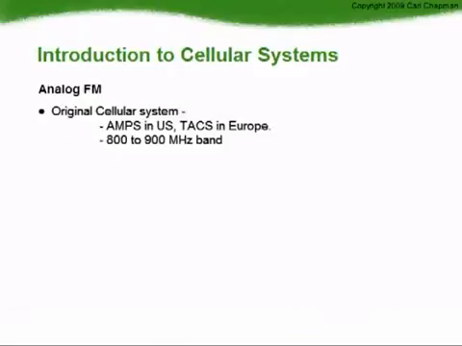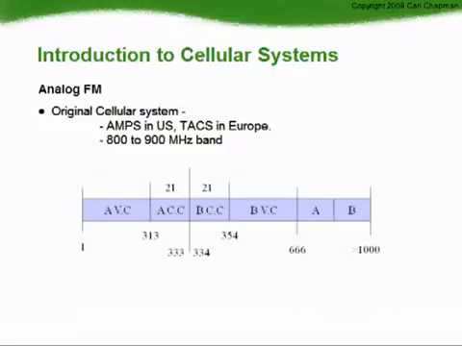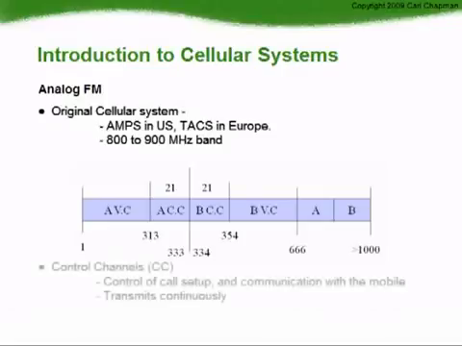All original cellular telephone systems used analog FM transmissions in the 800 to 900 MHz band. The AMPS system was split to allow for two cellular operators, A and B, and originally only had 666 channels. As it became more popular, this was expanded to 832 channels and consisted of a group of 42 analog control channels, 21 for System A and 21 for System B, and a group of 790 analog voice channels, 395 for System A and 395 for System B. Most modern systems now use up to 1024 channels.